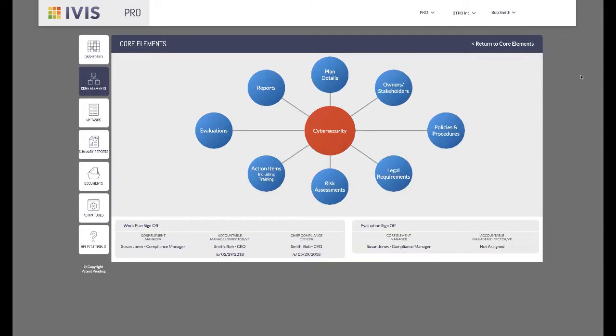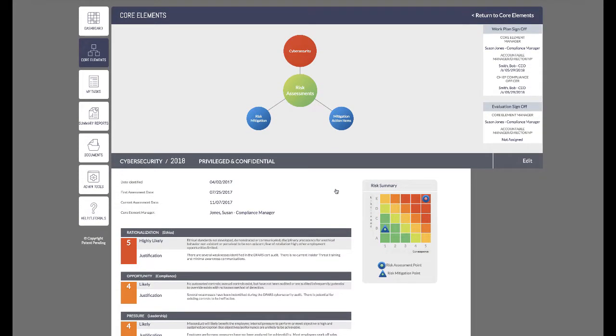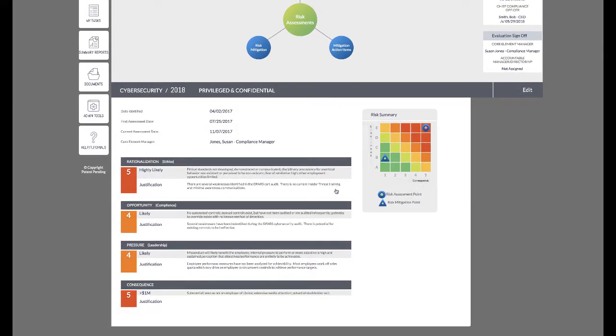Assessing risk is critical to the success of a compliance program, and Ivis PRO utilizes the fraud triangle and applies human behavior risk thresholds to each attribute. Assessment and mitigation evaluations are available using the Risk Assessments bubble. Attributes of the fraud triangle are rationalization, opportunity, and pressure. Rationalization measures the ability of an employee to justify an act of business misconduct. Opportunity identifies the ease with which an employee can commit misconduct, and pressure is the incentive for employees to commit